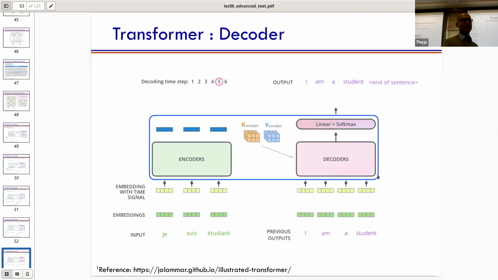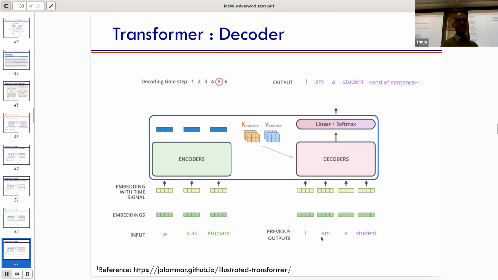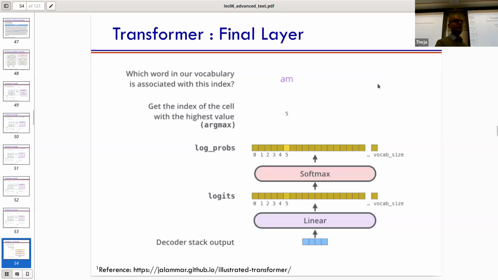Okay, so at some point, you pass in the appropriate number of words, and hopefully your highest probability thing is an end of sentence or some special token, and you stop there. Okay, which is the same as any other variable output generation process. Okay, so this was pretty much the hardest part of the